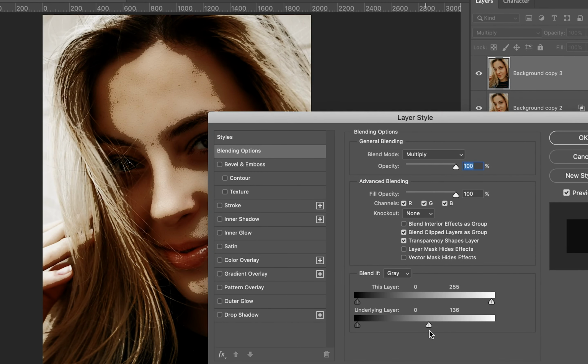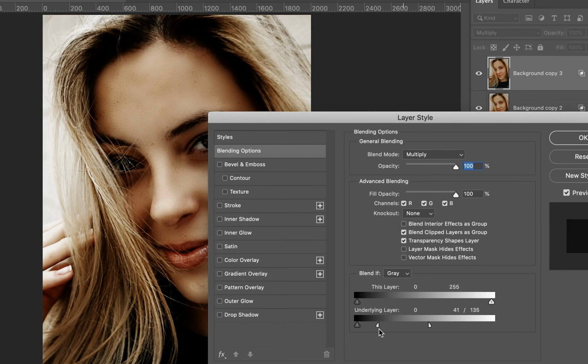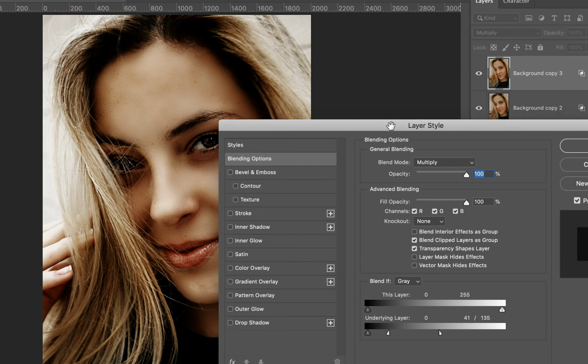Press the Alt option and make it a little softer. You can adjust the depth according to your preference. So this much is fine for me. This is okay.